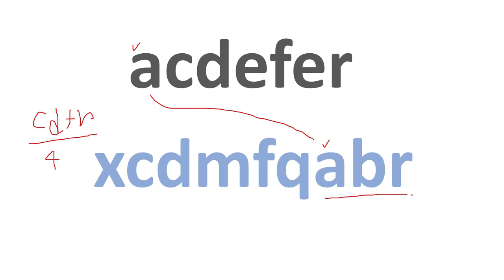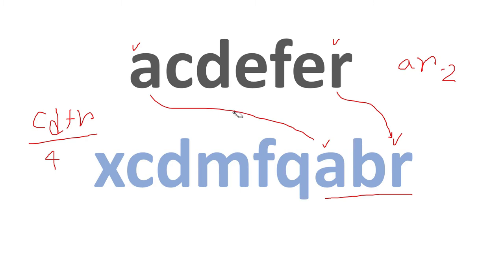Then after this part, I have to search the other letters. So C I am searching, C I have not got here. D I am searching, not getting. E is not there. F is not there. E is not there. R is there. R is a match here. So if we start from the string A and apply the brute force solution, then we will get the answer as AR. But the length for that is 2, which is less than the actual answer. So this approach will not work.